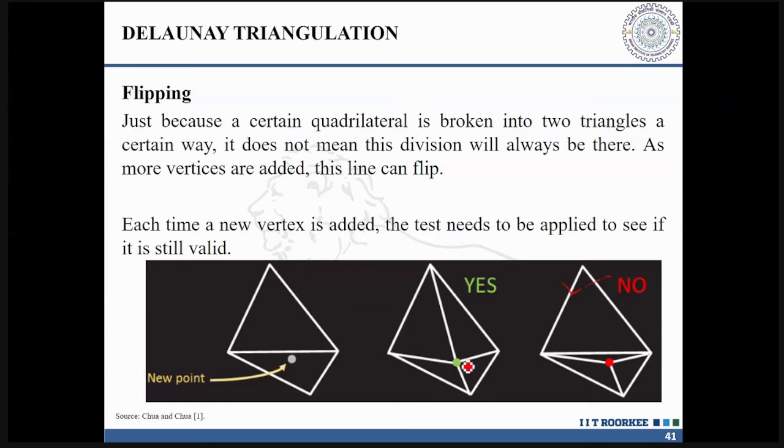You should always go for a triangulation which does not give you sliver triangles. If you go for this kind of triangulation and look at the angles over here, they're very, very acute. These kinds of triangles are called sliver triangles. When you go for a sliver triangulation, the problem arises in the slicing.